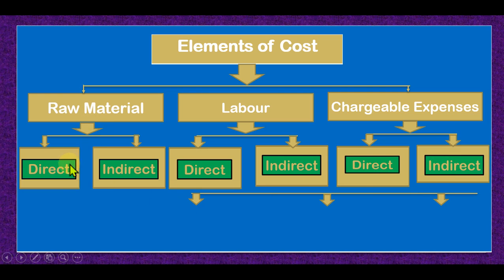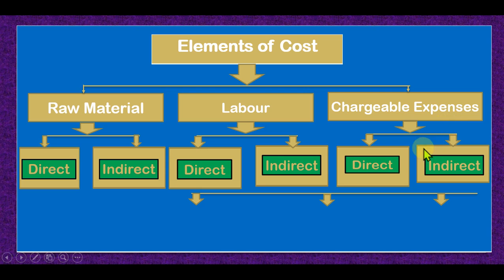Dear student, direct raw material means which one is directly related with the goods. For making a shirt, cloth is the direct raw material, but we may need some other goods like a scissor for cutting. That is also material, but it is indirect material, not a part of the shirt. So raw material is direct and indirect. Labor, yes, some labor directly produces the shirt, but some does not, like the factory manager. He is in the factory office, he is not producing but he observes the production process, so he is indirect labor.